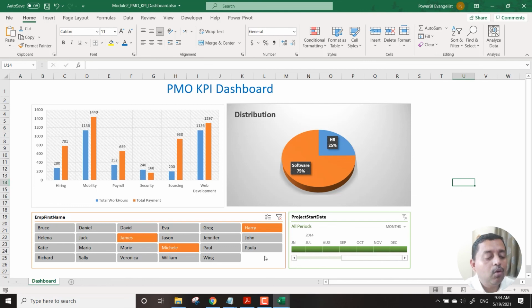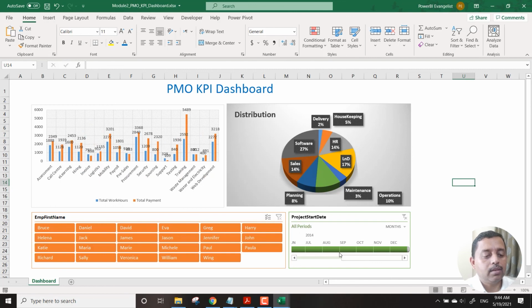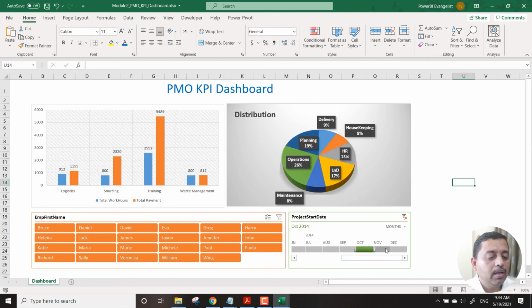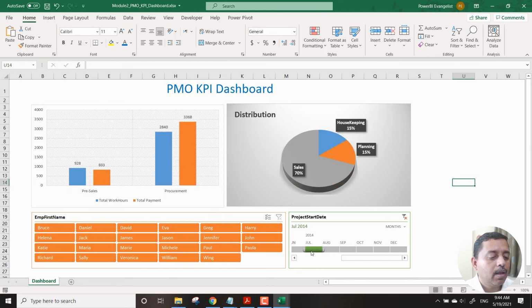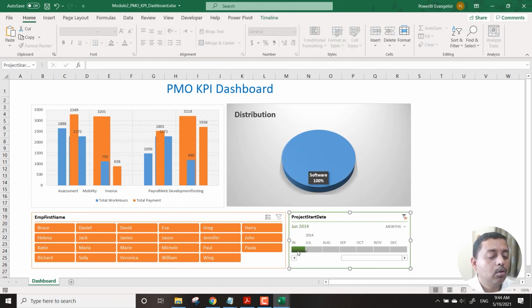So we can do all these clicks and you can see different angles of the data. If you click on September, immediately you can see how projects have been initiated, and from time to time we can just look into this data.